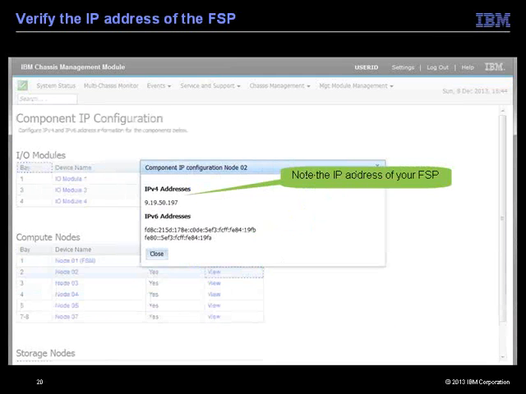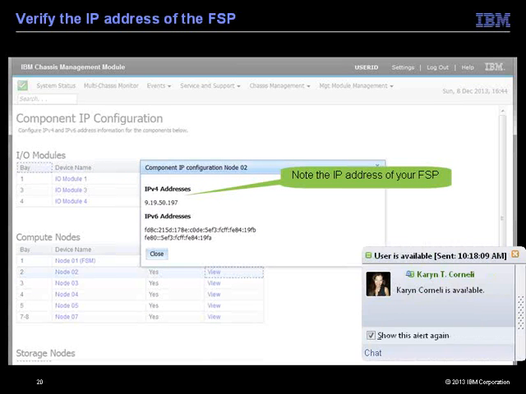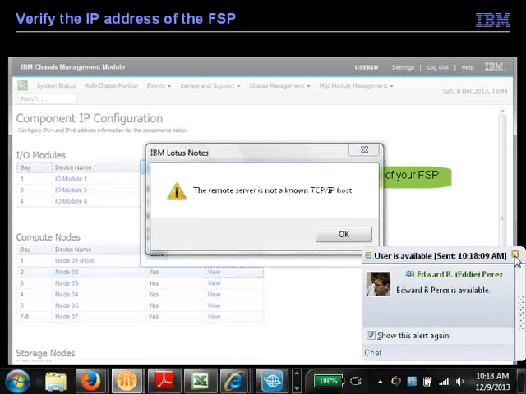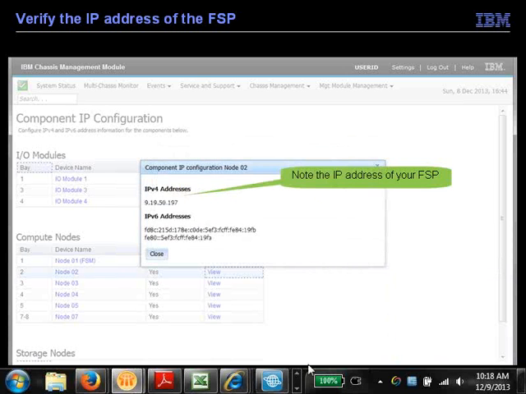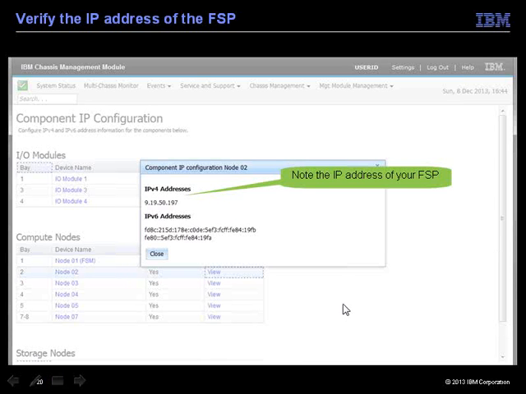In this case, node 2 is a P260. It has an IP address shown there, so I can take that IP address and verify that my HMC can actually talk to this IP address. So that's a critical part, being able to communicate between the HMC and the FSM. I'm sorry, HMC and the FSP, not FSM.